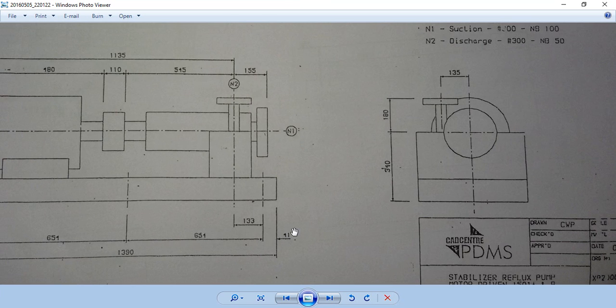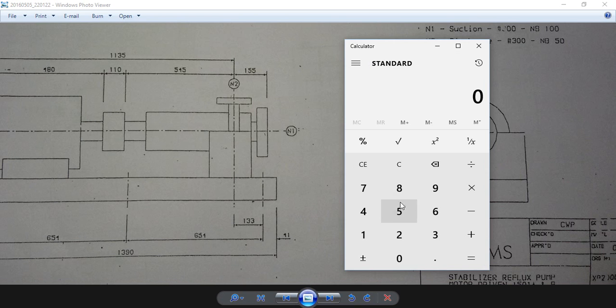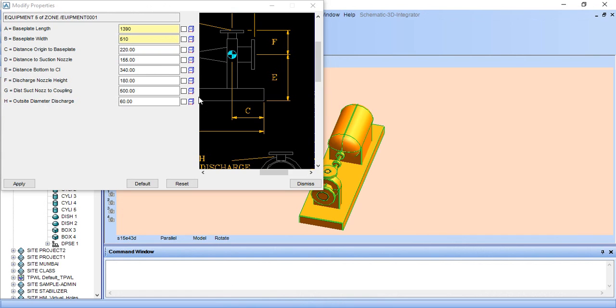So here it is a distance misprinted. We want distance from here to here, so we need calculator. It is 44 plus 133, 177. So C distance will be 177.